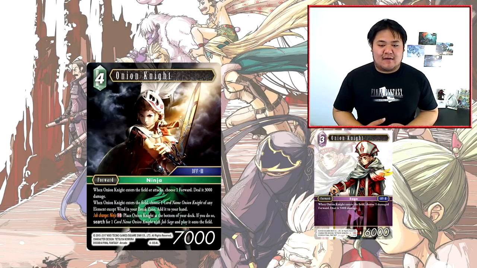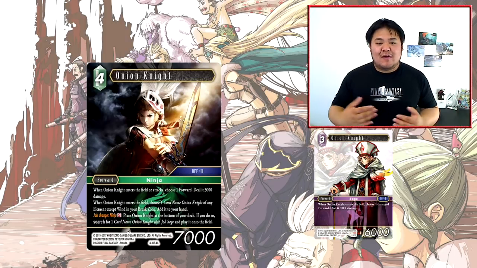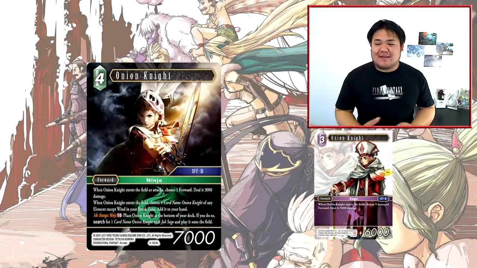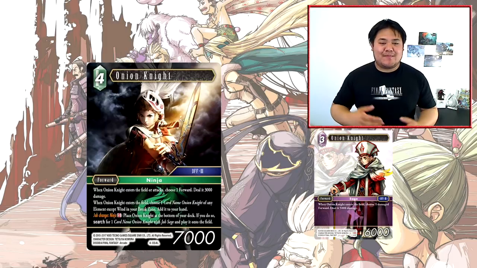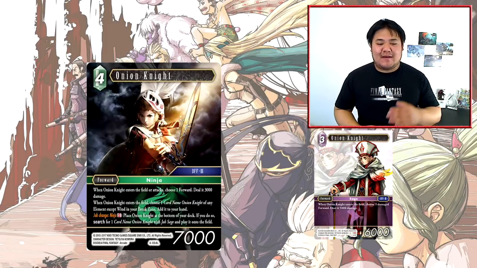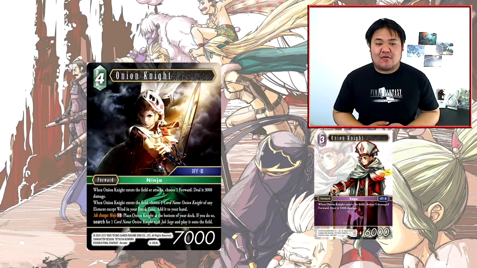If you do so, search for one card named Onion Knight with job Sage and play it onto the field. So this combos with pretty much the only Lightning Onion Knight that we got so far, which is Onion Knight that's been used with an Acid combo. So basically it allows you to attack with Onion Knight, deal 3k to something, and then job change into the Sage